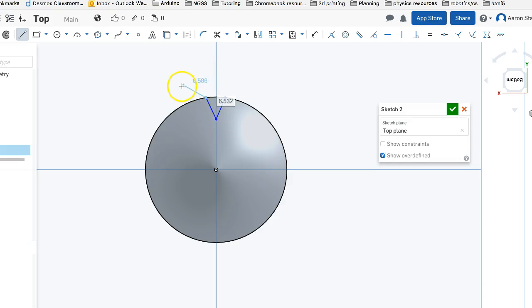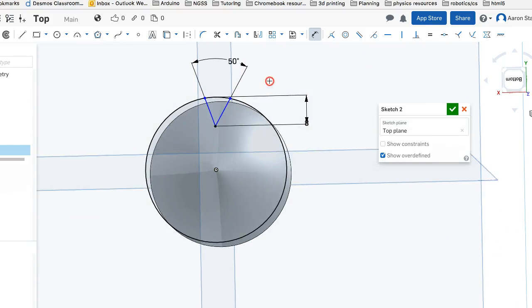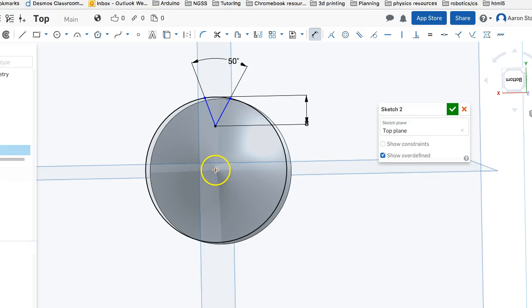Okay, now what I want to do is this. I want to determine what angle this triangle is going to be. So using the dimension tool, if I click 2 lines that are connected, I can set the angle between them. And maybe we'll set this angle to 50 degrees, and then we'll set the depth to maybe we'll have it stick in 8 millimeters. Okay? And now, what we're going to do,